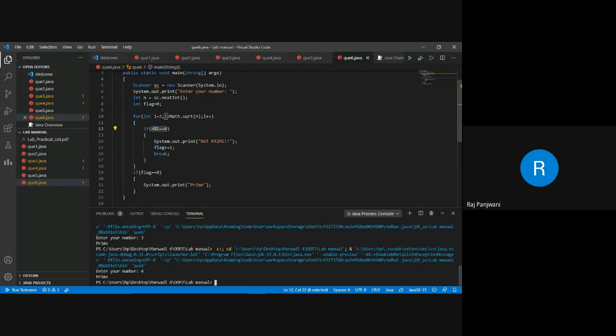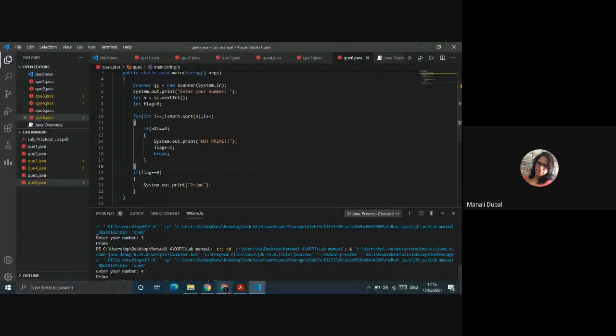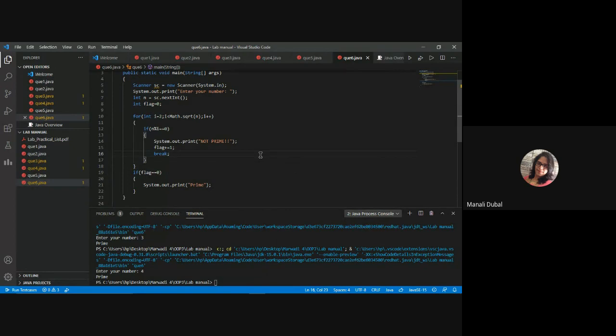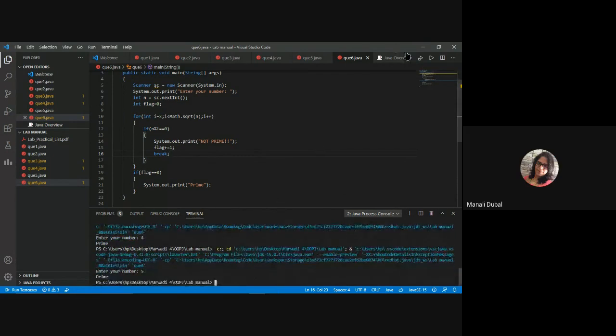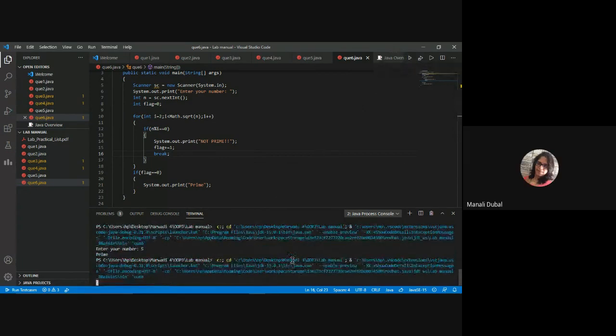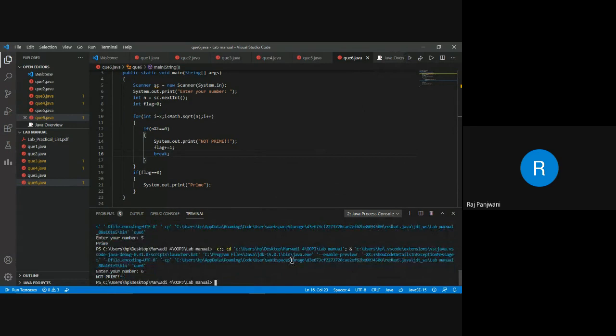It means it is not going inside the if at all. N modulo i is 0. No, no, n modulo i. N is 4, it will go inside, of course. If you assume 4 is divisible by 2 itself, it should show that. Can you run it again? Ma'am, it has to be done with square root. Try 4. It's not prime.